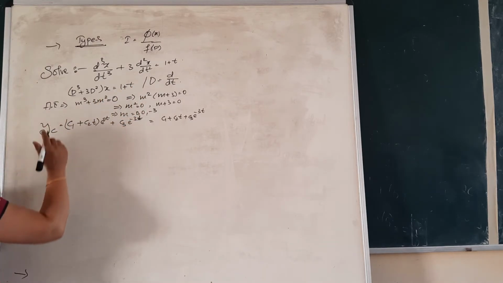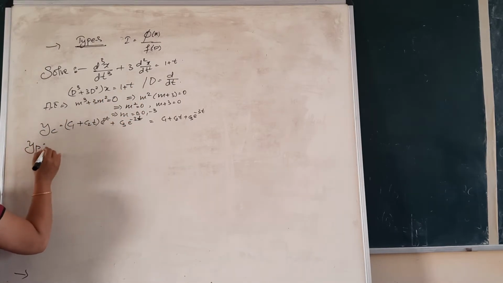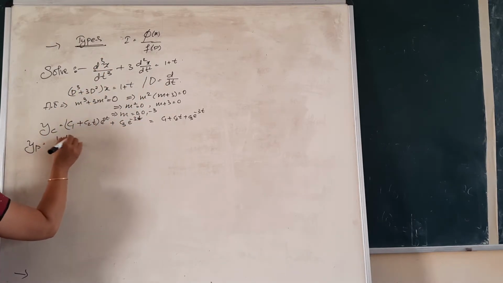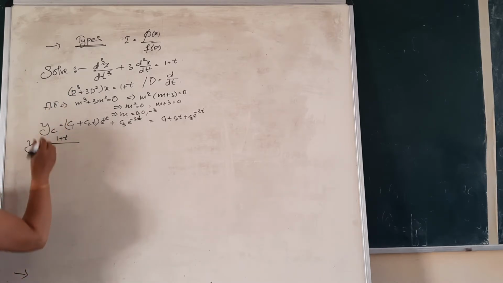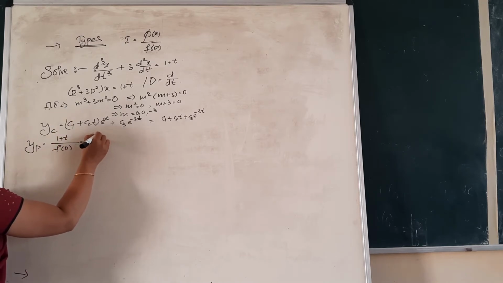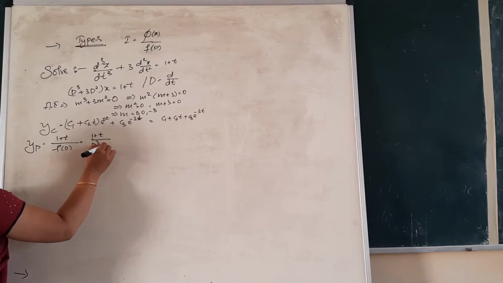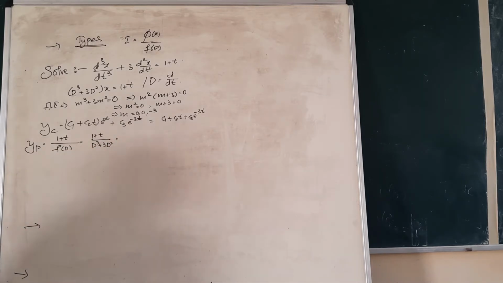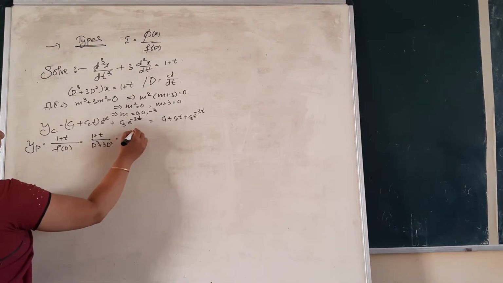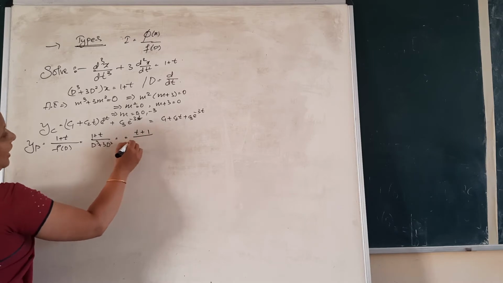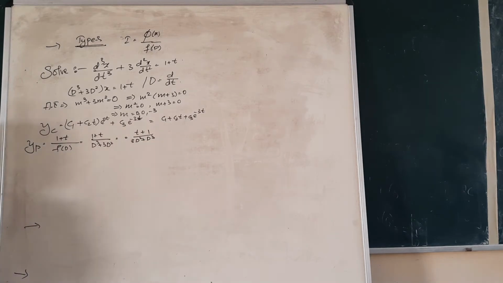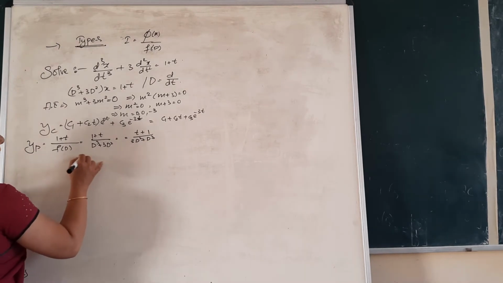Now coming to the right side part. So yp, therefore we know that yp is equal to phi of x here in the given question is 1 plus t. So 1 plus t divided by f of d, what is our f of d? 1 plus t divided by d cube plus 3d square. So we have to apply here long division method. But I told you, you have to arrange the powers of the numerator in the decreasing orders of the powers of the variable and in the denominator in the increasing orders of the powers of d. Okay, now let us apply the long division.